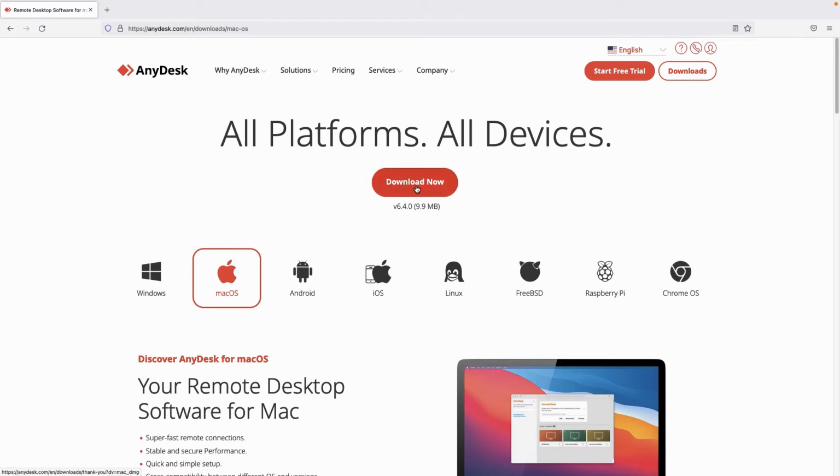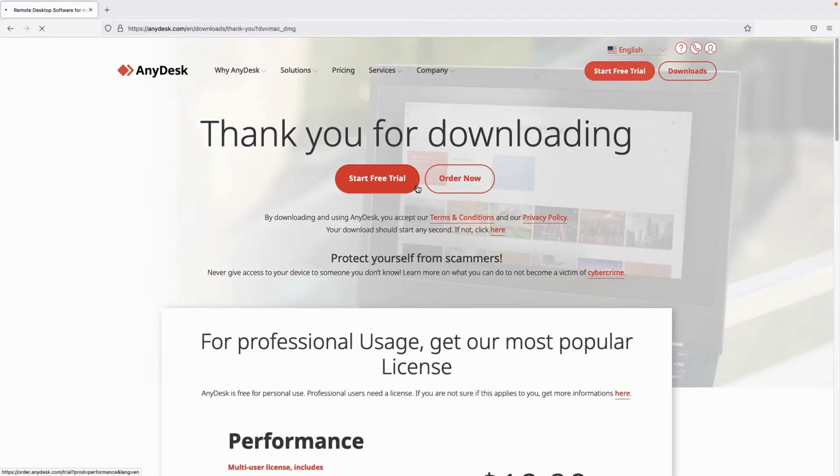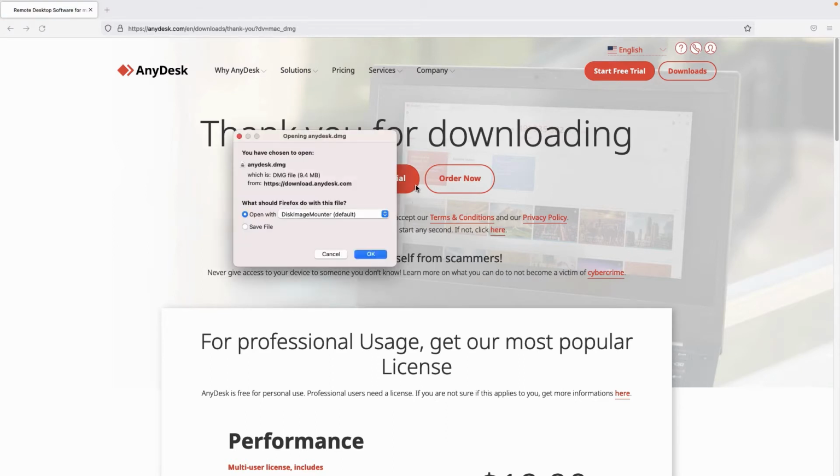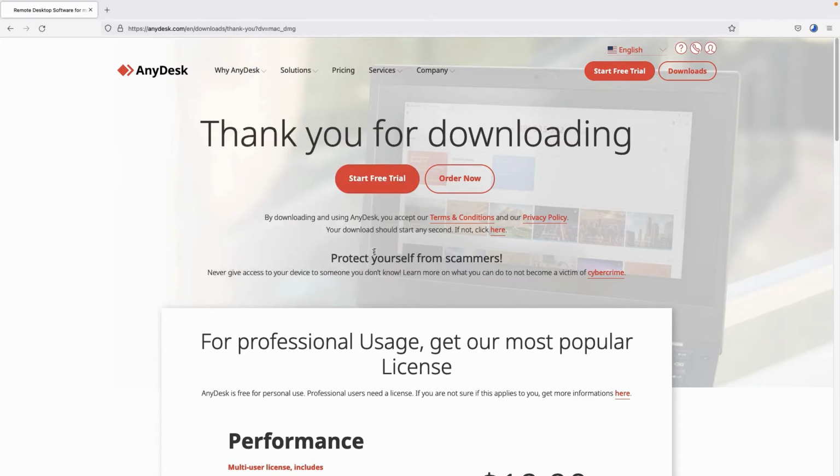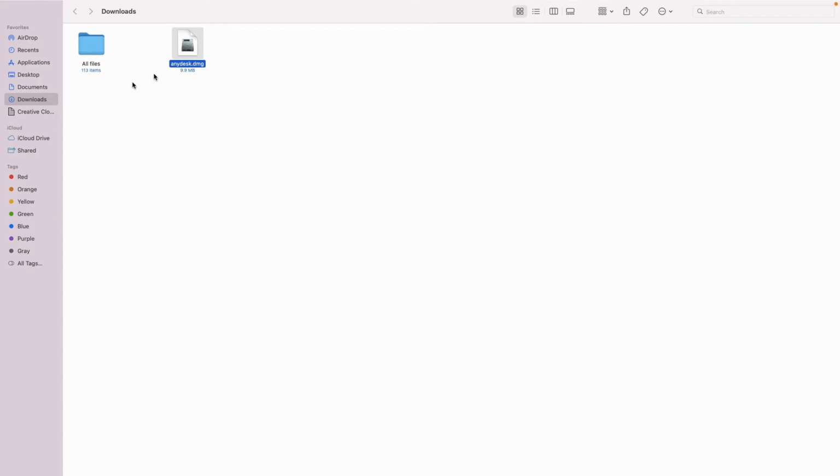Just click this button and the file will be downloaded very soon. Now it is time to launch Anydesk. To launch it, you have to find out the file location. I'm going to open it. It has been downloaded here. To open it, just double click on this file. I'm going to double click on it, and